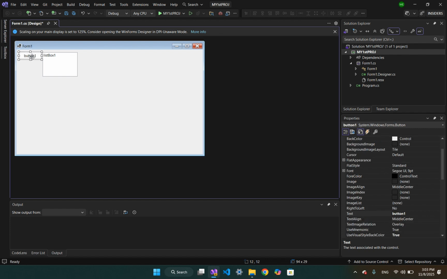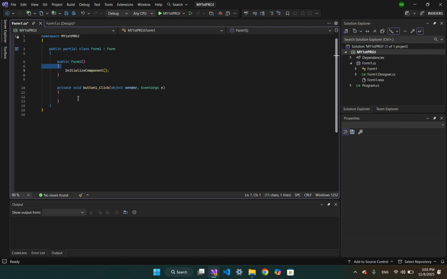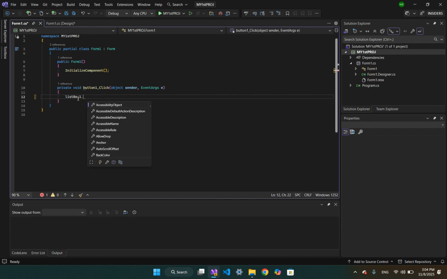Double click on button 1. Write listBox1 dot Items dot Add, then open brackets and close it, then